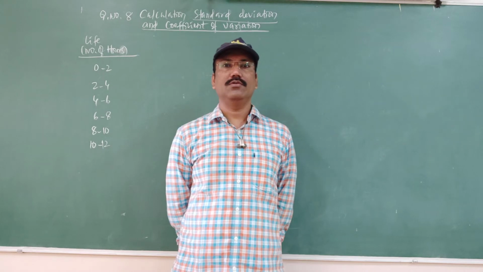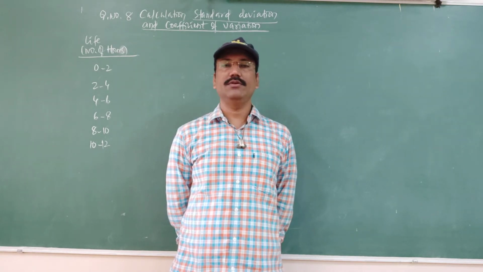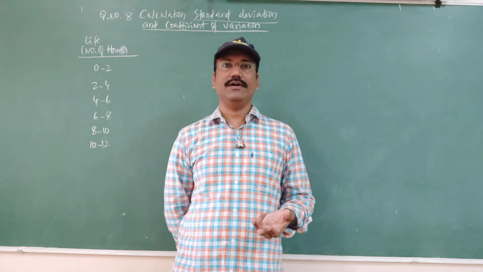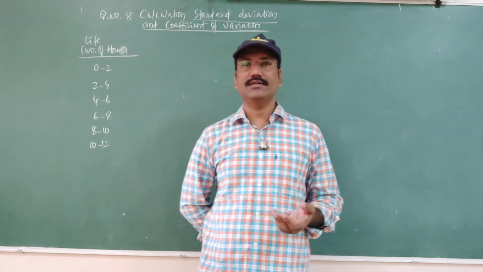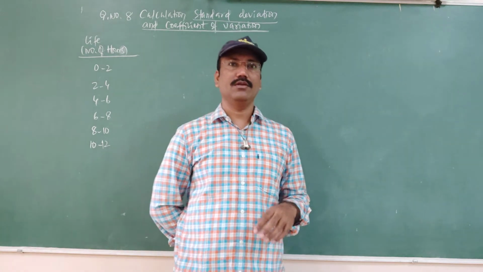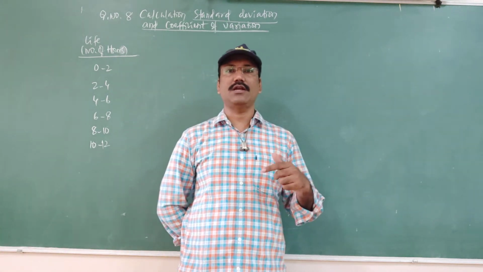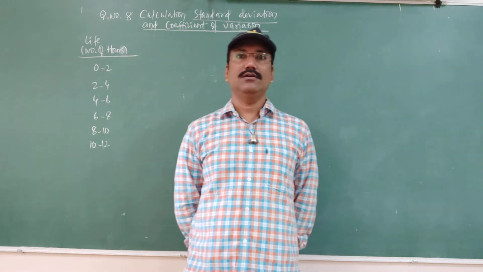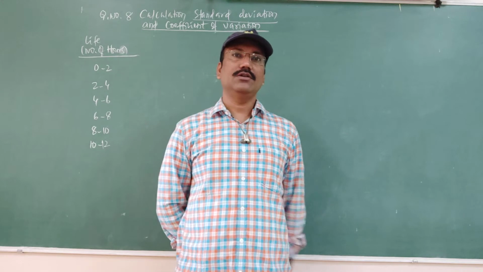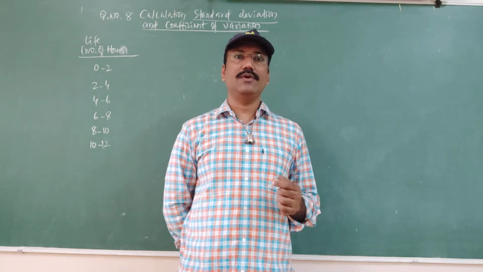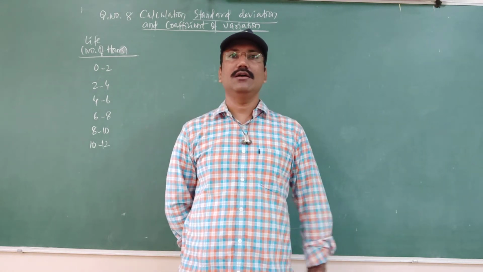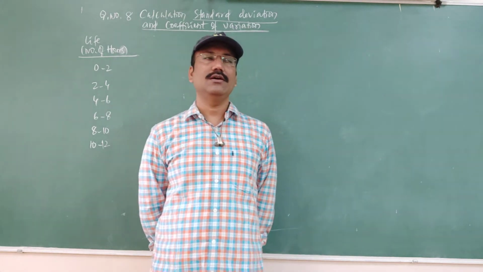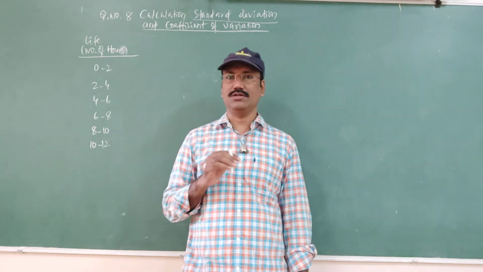Average income. What is average income? Average income is the arithmetic mean. If you see the question, I think I already sent you a PDF. 175 is for village A, 186 for village B. That is the arithmetic mean. Variance of income: variance means the square of the standard deviation, given as 100 and then 81. The question is: in which village is the variation in income greater? The question is about variation.